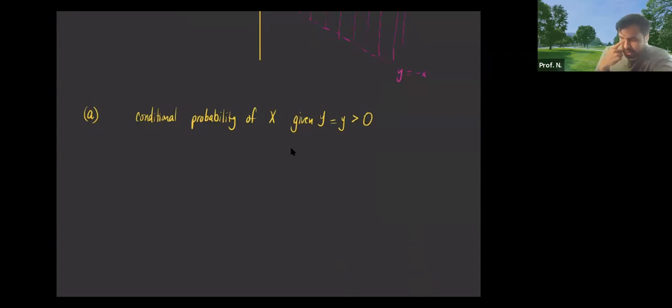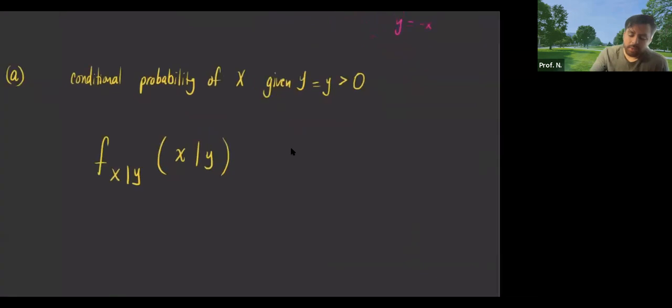Okay, so once we have that established, what we want, and this is the tricky part, is the conditional probability of x given y, where y is a value bigger than 0. The notation in your homework assignment is actually a little off. It should be f of x given y, not x comma y. It should be x given y.